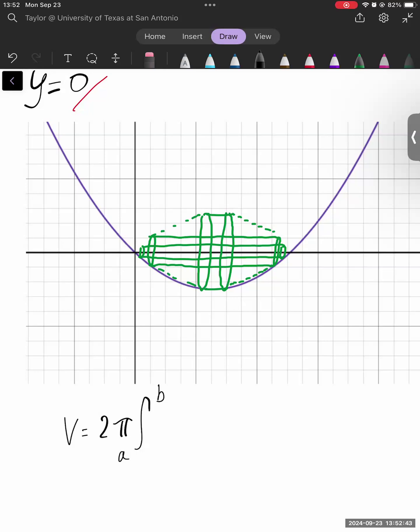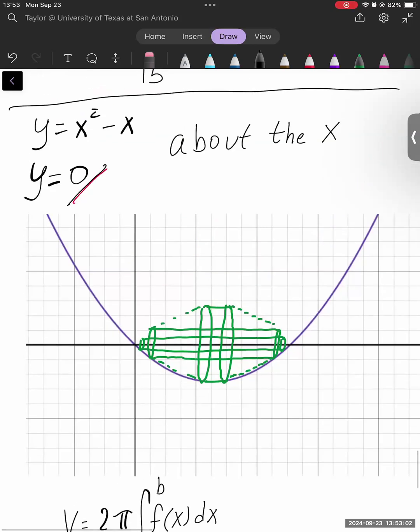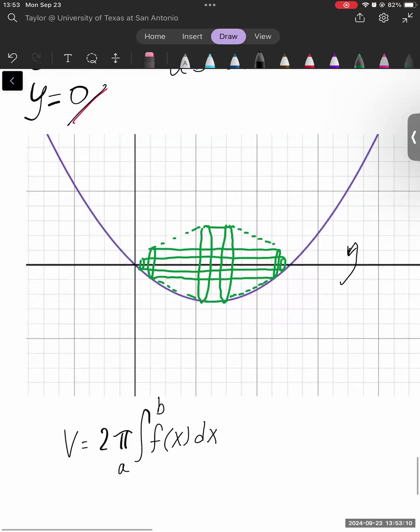The x-axis? No, so it would be f of x instead of r, right? Okay, makes sense? Then that makes dx. And this is what I was saying, kind of to your question. The only reason that x or y equals 0 is included is to let you know that we're doing this little motion here. But in this case, the only thing that's actually moving in a revolution is this function,